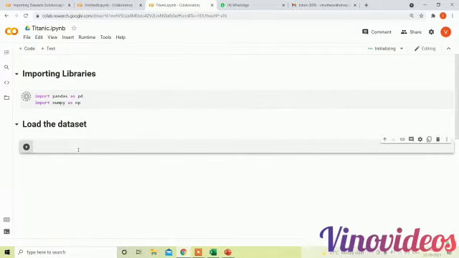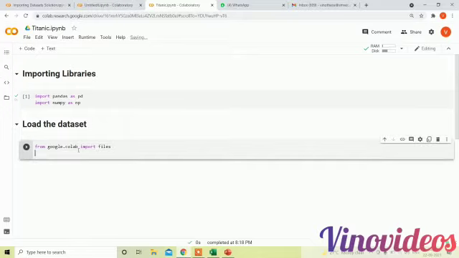For that I need to give the command from google.colab import files. Then I need to run this.